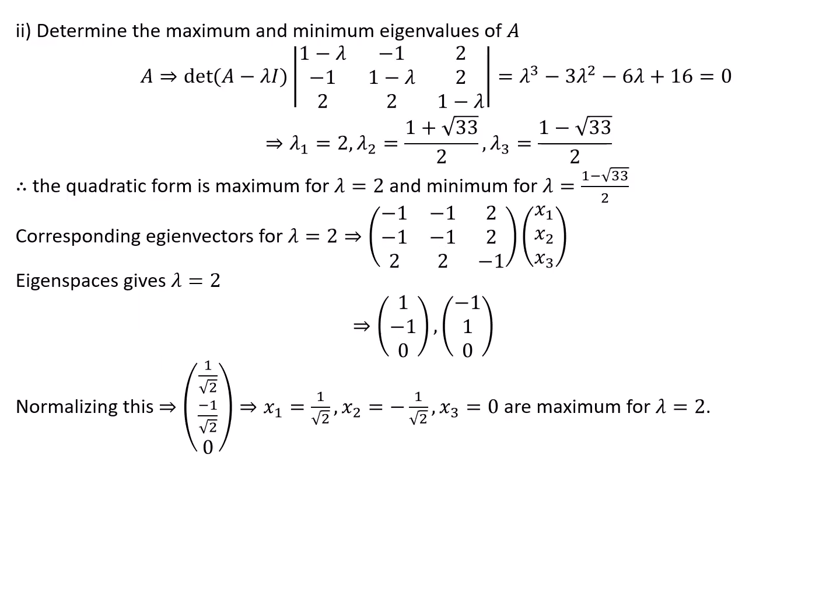The next step is to determine the maximum and the minimum values of A, or the eigenvalues of A, and the eigenvalues are your lambdas. So you take your characteristic equation, where you have the determinant of A minus lambda I. What is your I? It is an identity matrix. You use that identity matrix to multiply by your lambda, then you find A minus lambda I. So when you do that,